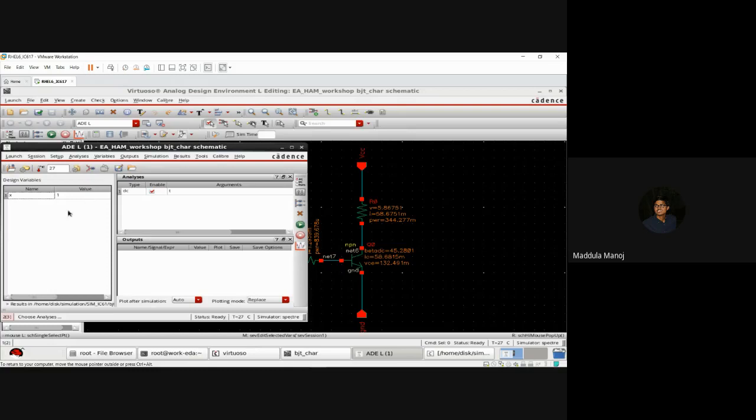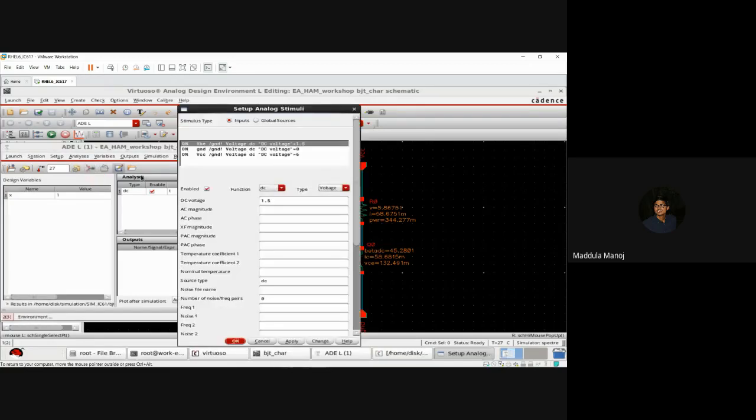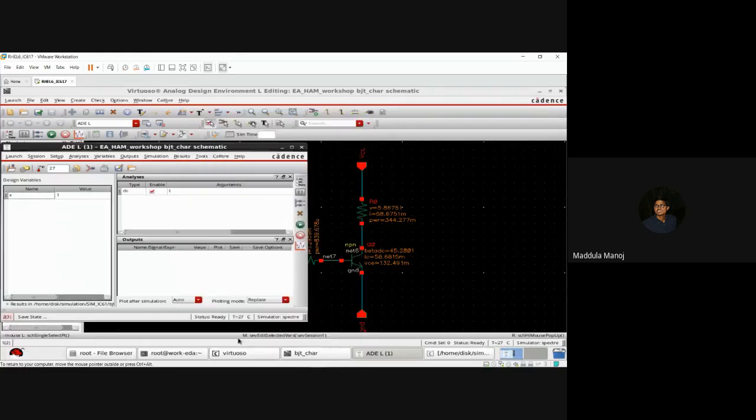Now we have to give this design variable to the VBE, which is the input for the circuit. So we'll just give the DC voltage VBE as X, right? Click on apply, so we can see the DC voltage is X, and to vary this X, right? Have you created a variable, everyone, or am I going fast? Can you repeat the creation of variable again? Yeah,